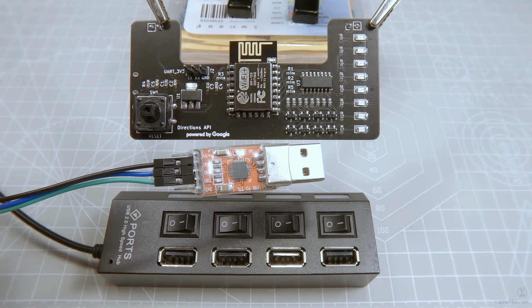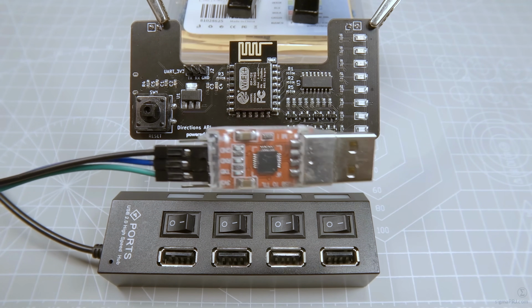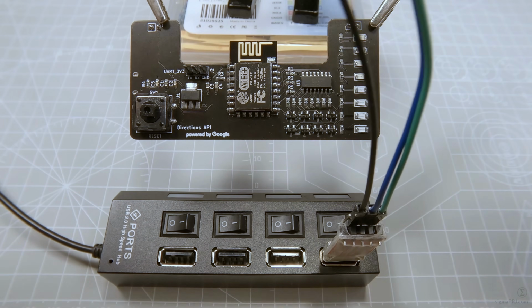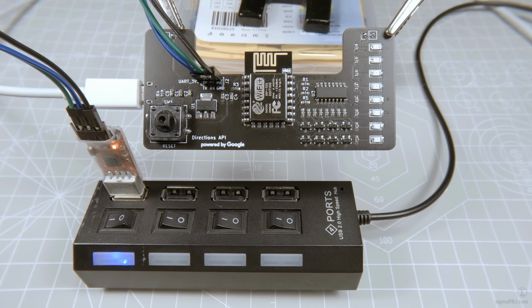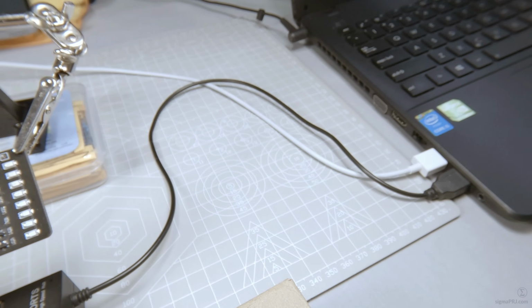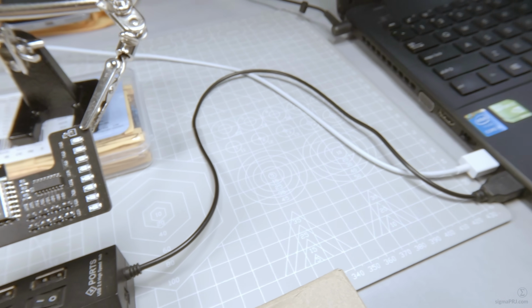Now we have to use an external USB to serial converter. This way it can be connected through a USB port to our personal computer. So we have everything connected here, including our USB power supply line. And you can notice here everything is plugged into my laptop, which I will be using to flash our